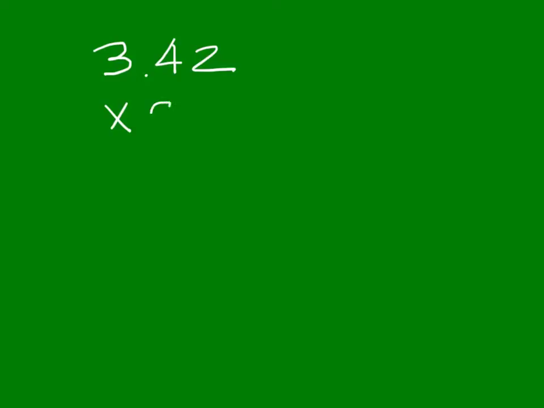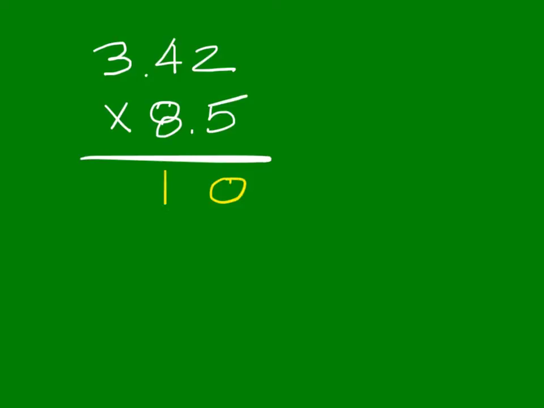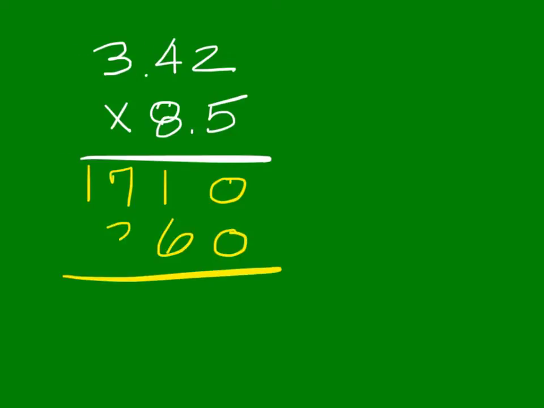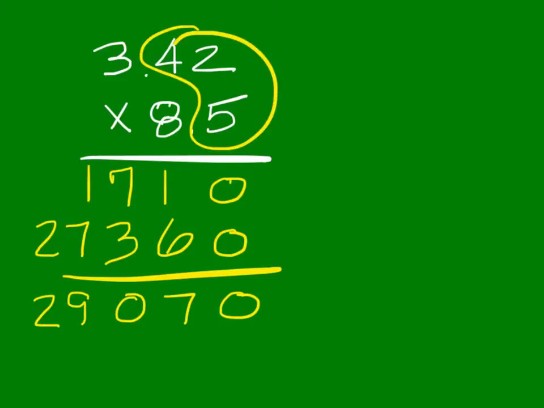3.42 times 8.5. On the practice, you should have a 0, 1, and then 7, 1 out there. Drop a 0, and then you'll have 6, 3, and a 2, 7 out there. Add them up, 0, 7, 0, 9, 2. 3 numbers to the right of the decimal point. So 29.070. Here is practice 3. You need to multiply